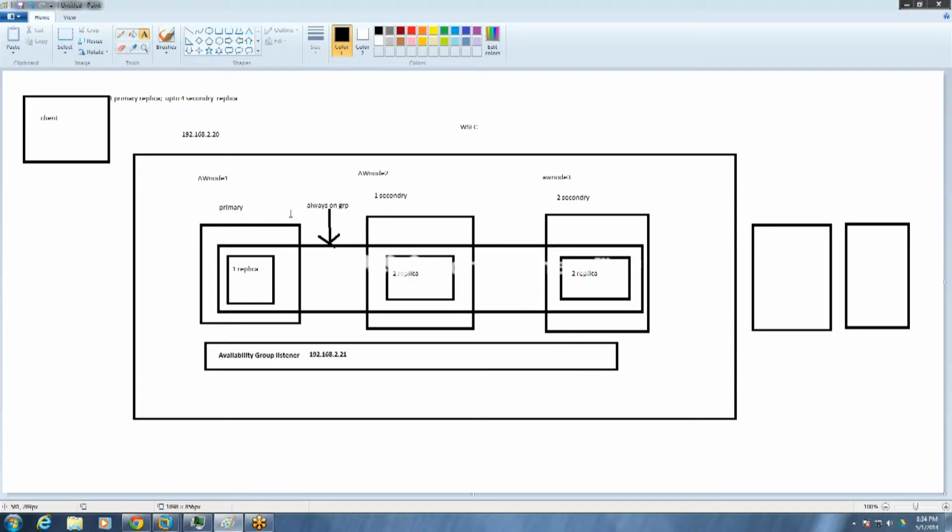You can set up one secondary as synchronous and another as asynchronous. If our first secondary is synchronous and our second secondary is asynchronous, the quorum will decide we can move on to the synchronous secondary in case of failure, because we are not having any data loss, or minimal data loss. So we can set up different modes with the secondaries: the first secondary synchronous, the second asynchronous.